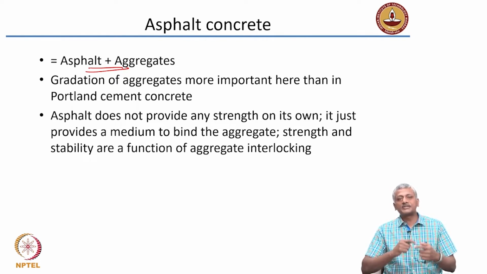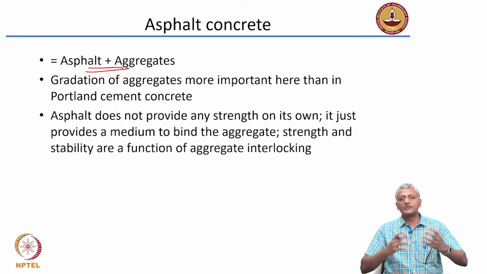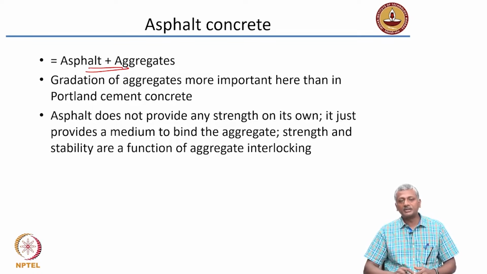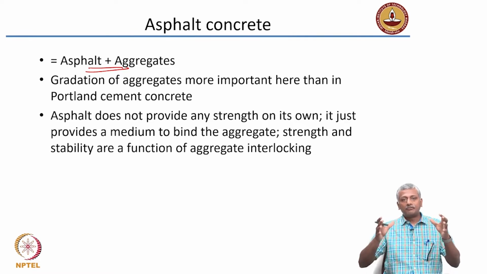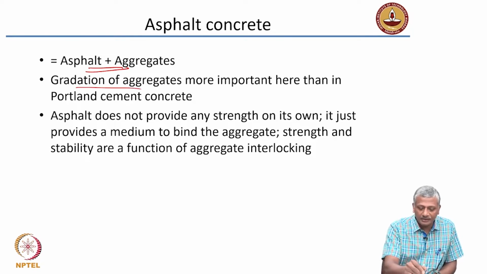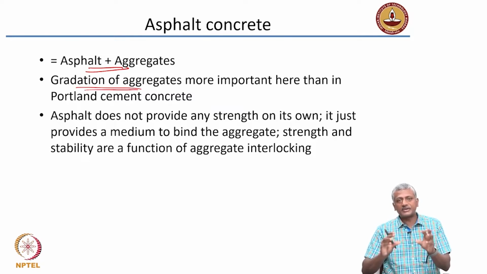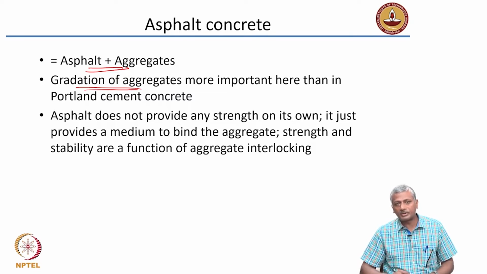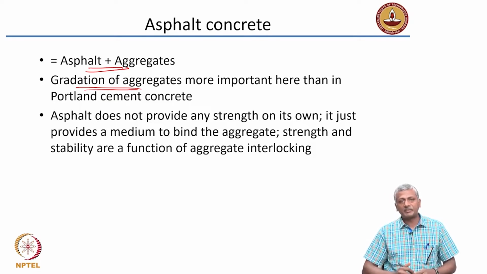It simply coats the surface of the aggregate, and as the asphalt becomes more and more viscous with the reduction in temperature, it makes a hard solid structure. Aggregate, on the other hand, forms a very important part of the load carrying ability of the asphalt concrete pavement, and because of that, the gradation of the aggregate, the particle size of the aggregates,